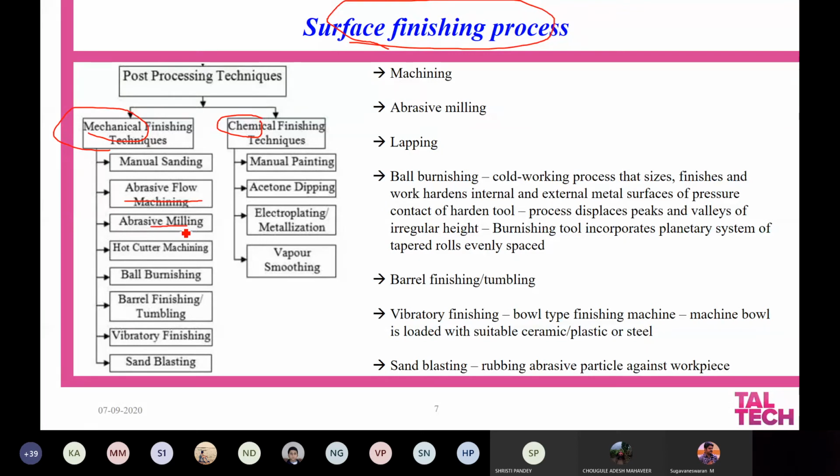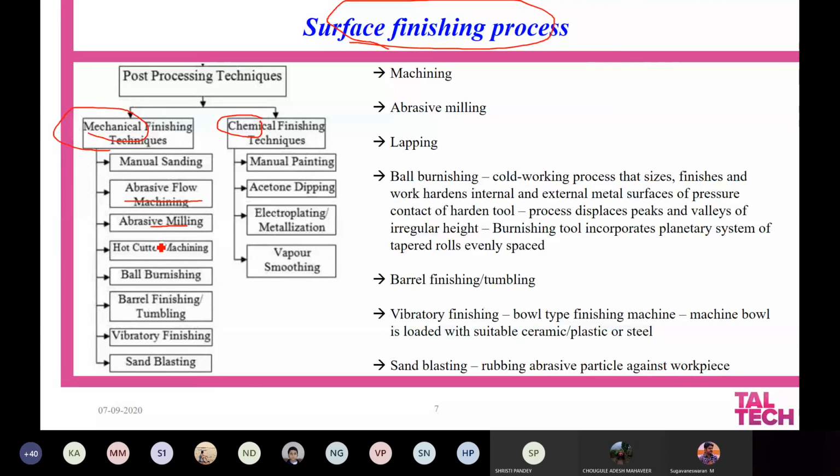You also have burnishing, ball burnishing, where you use balls to cold work the surface of the material in a small area, so that the material becomes hard along the surface, and during the hardening process it also becomes relatively smoothened.